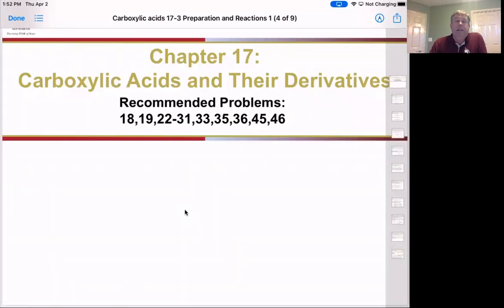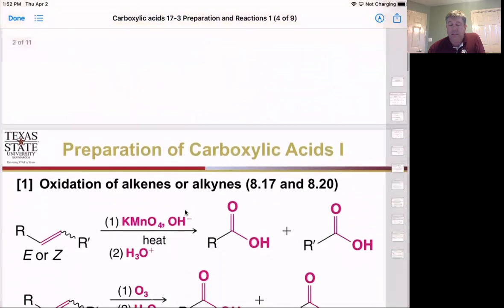Hello, Chemistry 2342. We're going to continue our discussion of carboxylic acids and their derivatives. We're doing chapter 17-3, which is the preparation and some reactions associated with the carboxylic acids. So the first thing we're going to do is make some carboxylic acids by ways we've